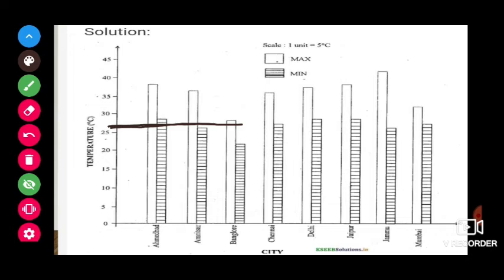And please write on the top of each and every bar the degree you had taken. For example, this is 37 degrees, this is 26 degrees. Why I am saying that is because we are not using a proper method, we are doing it in a little bit average way, so we should not make mistakes while calculating the data. If we write like this, then we will come to know the differences of each and everything in a proper way. Okay.